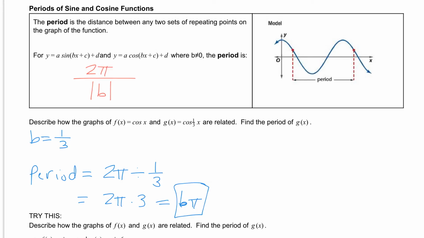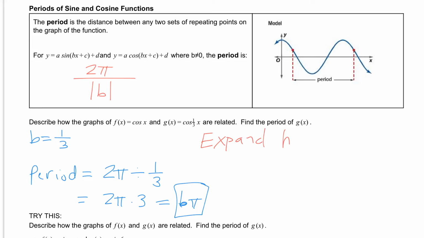Now, how is this changing our graph? Well, what happens if we change the period is that it's either going to make our graph repeat faster or go slower as we go through it. So if we have a number in here that is between 0 and 1, like 1/3, it's going to expand our graph, which is going to make it repeat slower. And if this number is bigger than 1, it is going to compress it, which means we're going to repeat very quickly. So because 1/3 is between 0 and 1, we would say that this is going to expand